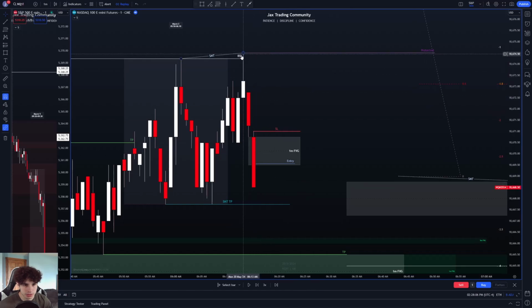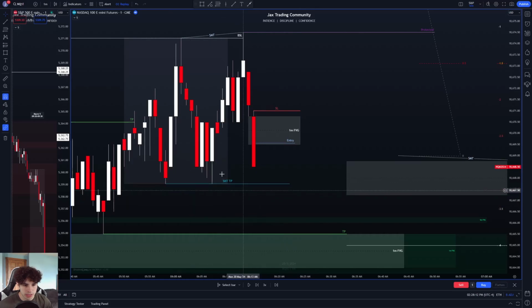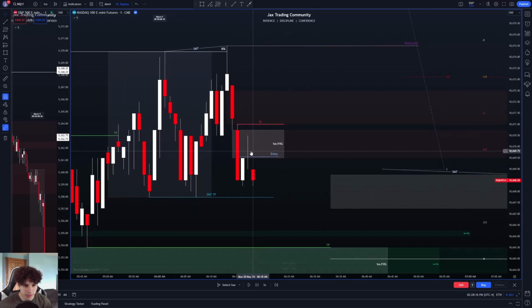So now we had this reaction. This high should not get retraced back to, and we should head down to these lows. So right here, we tap into the fair value gap. Here would be your entry. This would be your stop loss,